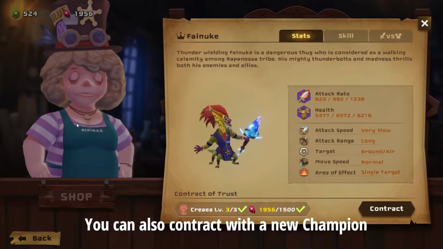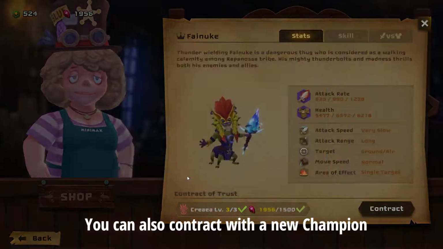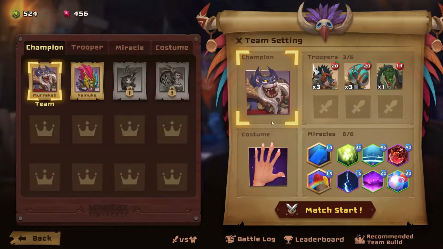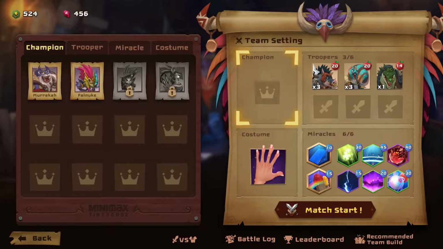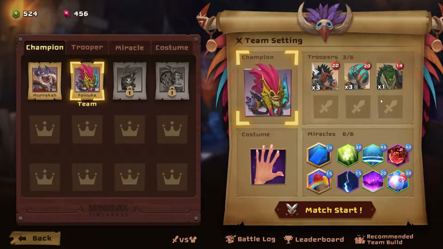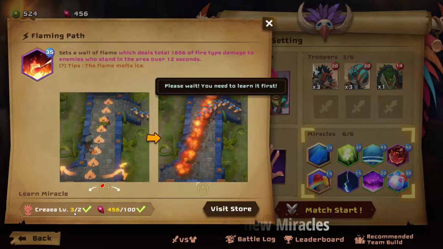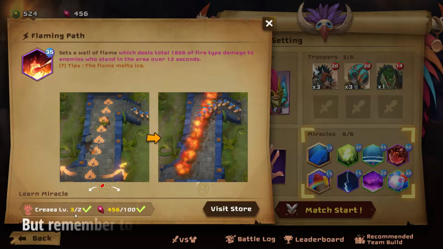You can also select a new champion like Fainuki here, and you visit the store and you can contract with Fainuki. So that way you can keep adding new characters to your game, right? So now we have Fainuki playing with us, and we also need to renew our miracles, right, to have